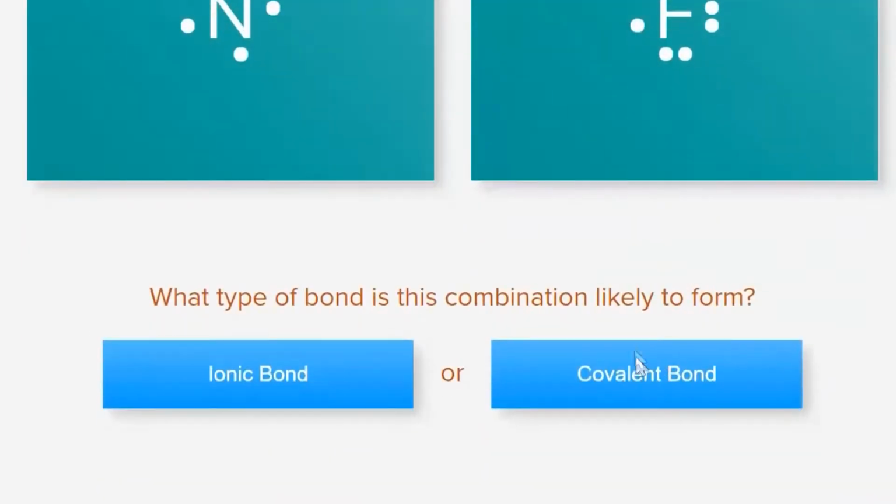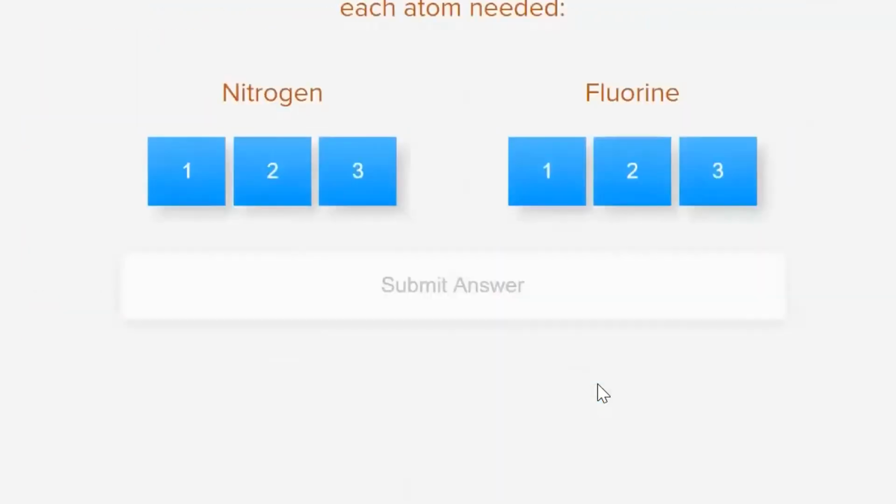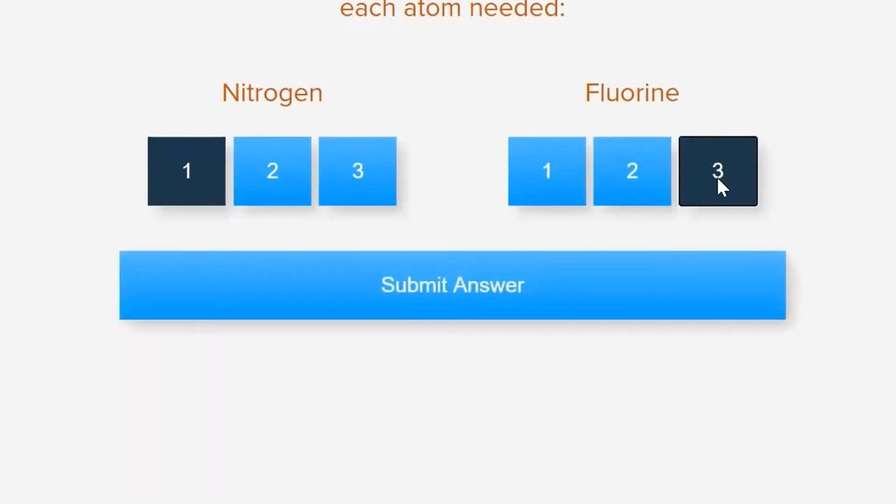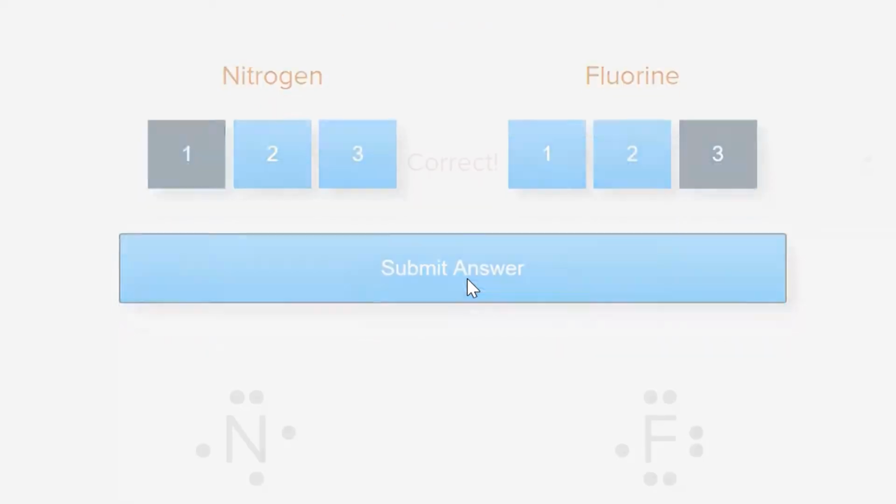But first, let's select that it's a covalent bond. And then we'll have 1 nitrogen and 3 fluorines, and we'll submit our answer. Once again, as before, we're going to see the same animation repeated over and over again. So notice what happens. 1 nitrogen will approach 3 fluorines, and the nitrogen has 5 valence electrons, and each of the fluorines